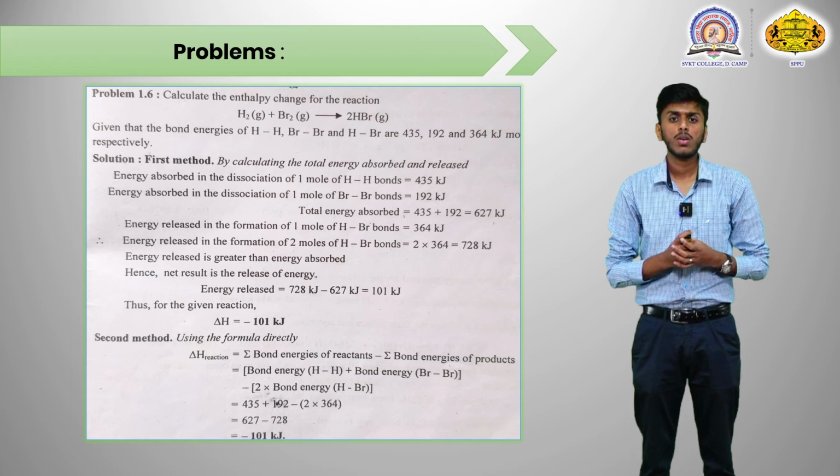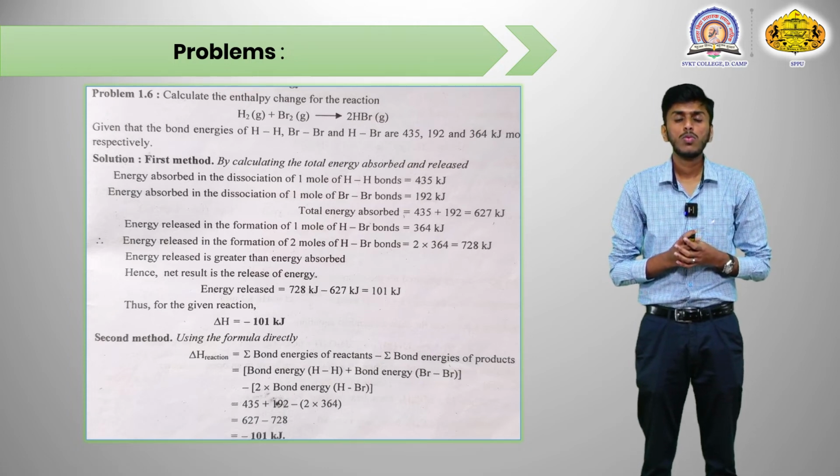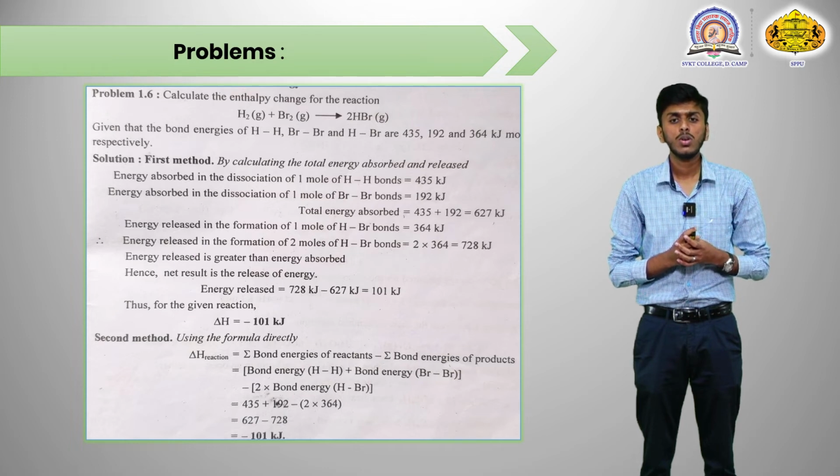The first method is by calculating the total energy absorbed or released. Energy absorbed in the dissociation of 1 mole of H-H bond is 435 kilojoule. Energy absorbed in the dissociation of 1 mole of Br-Br bond is 192 kilojoule. Hence the total energy absorbed is 435 plus 192, which equals 627 kilojoule. Energy released in the formation of 1 mole of H-Br bonds is 364 kilojoule. Therefore, the energy released in the formation of 2 moles of H-Br bonds is 2 into 364, which is